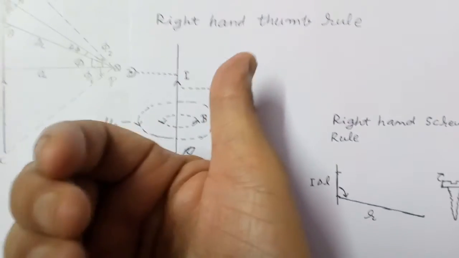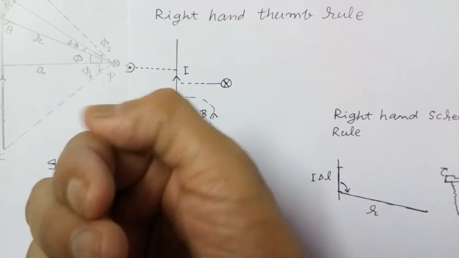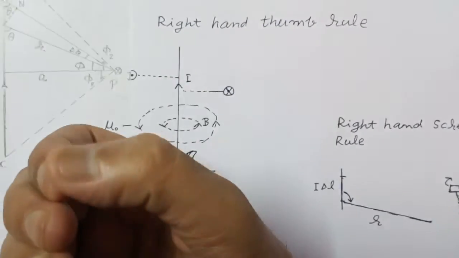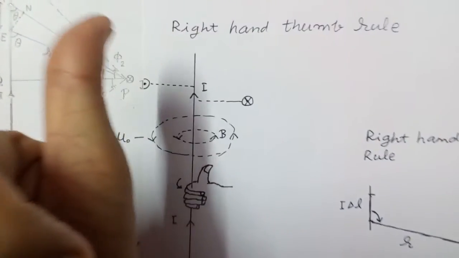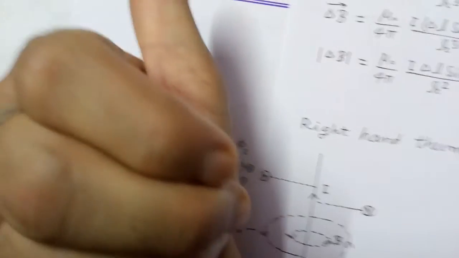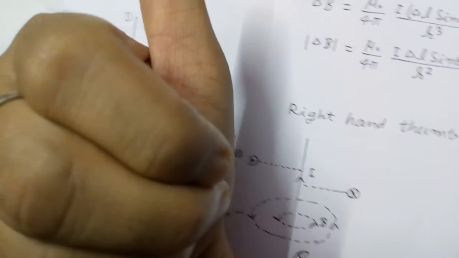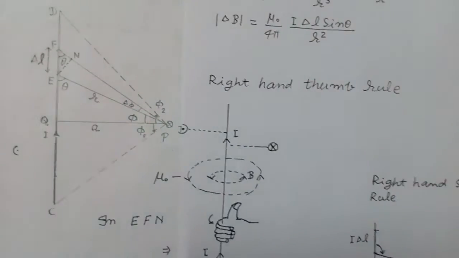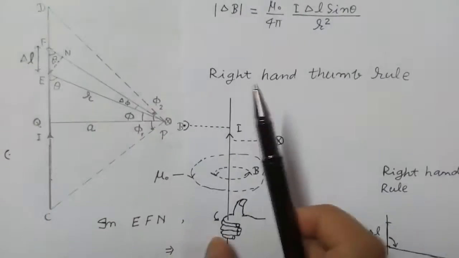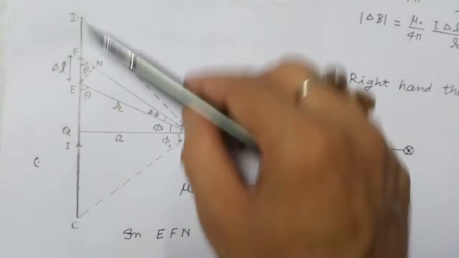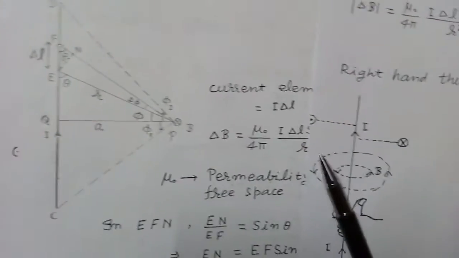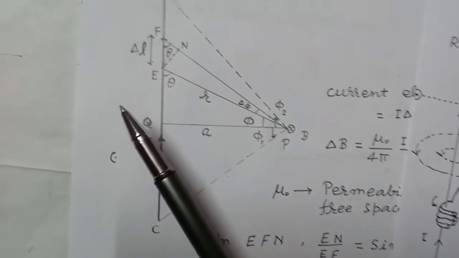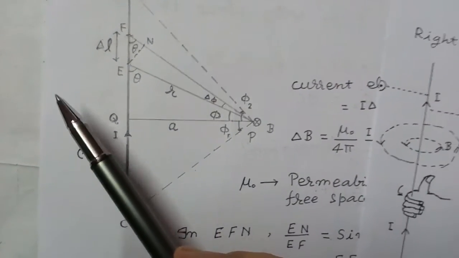So curling of fingers, the direction in which these fingers are bending, will give the direction of magnetic field. So here direction of magnetic field is perpendicular to paper and inward for this point due to this current carrying wire, held in your right hand. So magnetic field is perpendicular to the plane of the paper and inward. Now if point is at left hand side, then magnetic field will be outward.